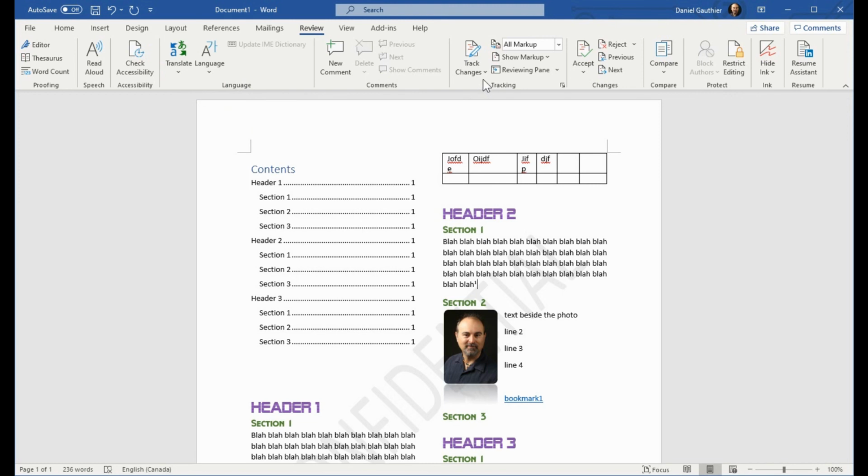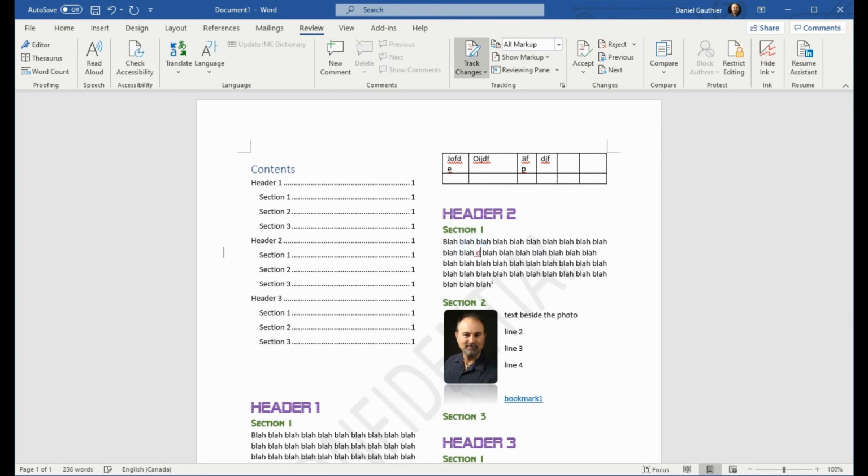More comments and tracking. The tracking is actually really good if you want to have a document and send that to someone to get them to modify it for you. You can tell it to track the changes, and then when you send this document, save it with the tracking turned on.